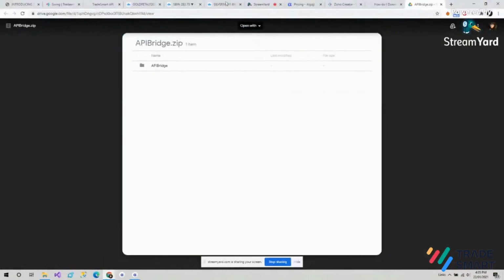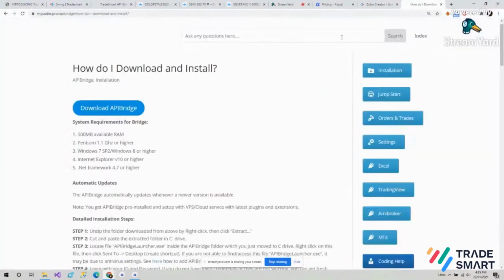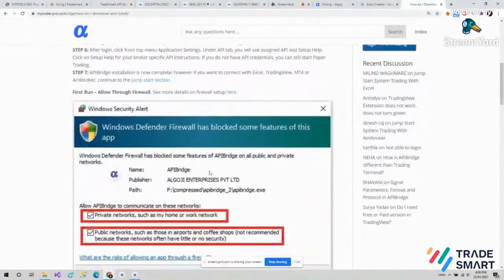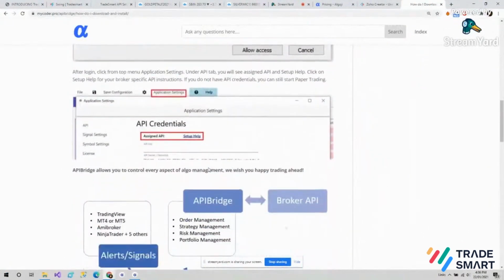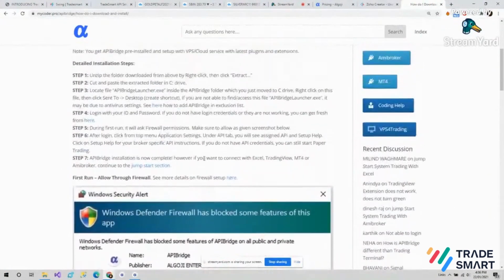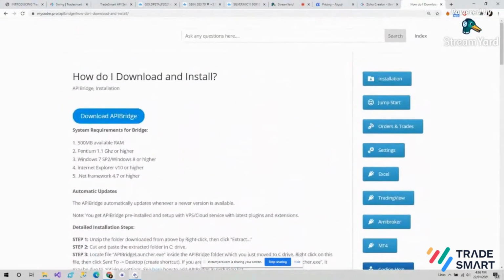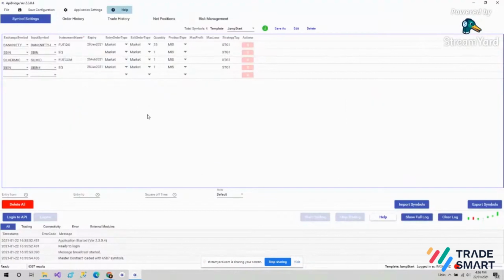So you can see here step-by-step instructions are mentioned, as in how you have to download and install API Bridge. So you can find the instructions here as well. Now this is API Bridge, an algo terminal.